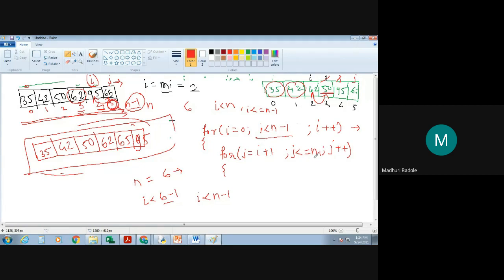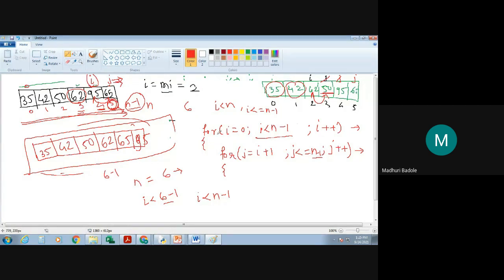Fine. Now this for loop, this jth loop will be executing for j less than or equals to n-1. Did you understand the jth loop? Yes, ma'am. Fine. Because see, up to which index is j going? It is going up to the 5th index. And as we know, what is this 5th index? It's nothing but the last index, that is n-1. So that's why we'll be writing over here n-1.